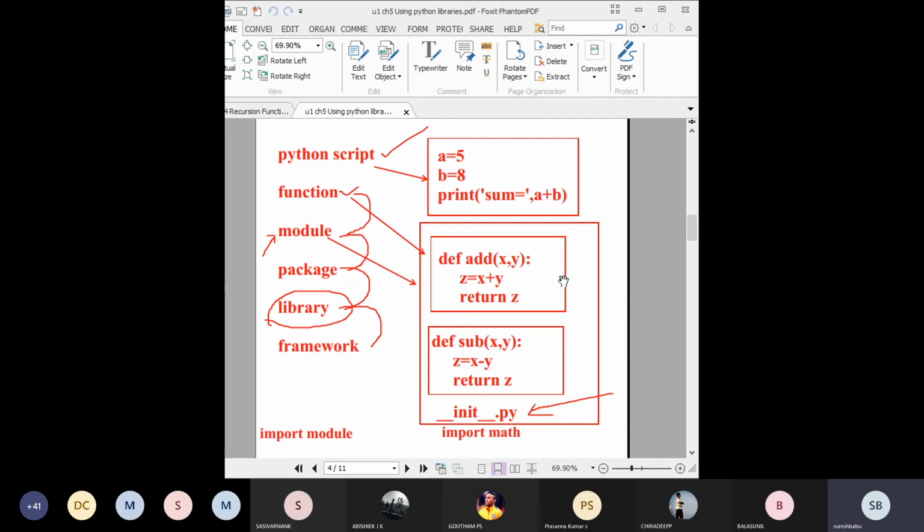Then you should know formal arguments, actual arguments, the calling function and the called function. Based on argument passing, you have three types: positional arguments, keyword arguments, default arguments. I have given a lot of examples, so kindly go through everything, revise, and practice.